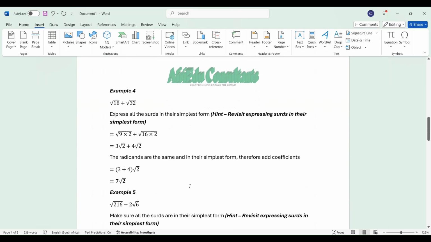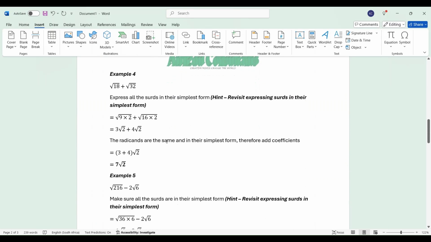Then going on to example 4, we are now having root 18 plus root 32. If we check, the radicals are not the same. So the first step is we have to express the surds in their simplest form. Our 18 is having a perfect square, which is a factor, which is 9. So it means 18 can be written as 9 times 2,